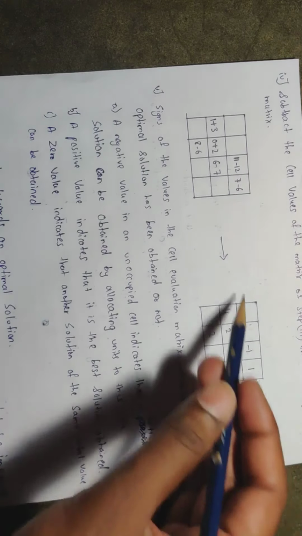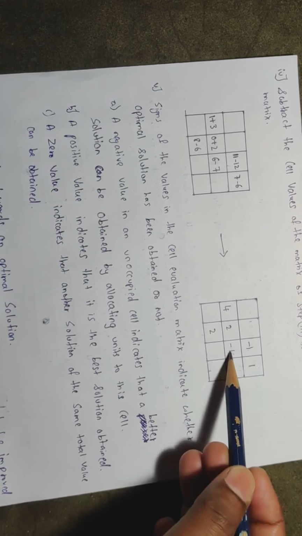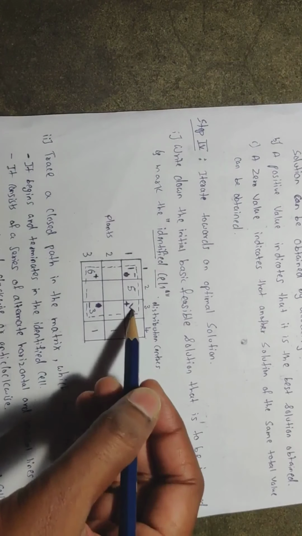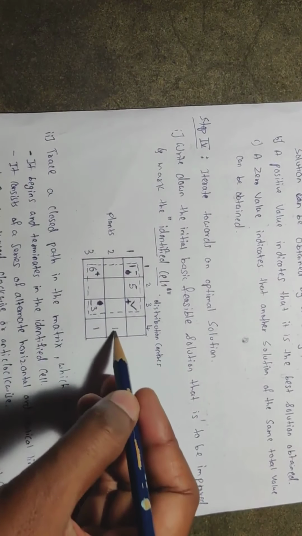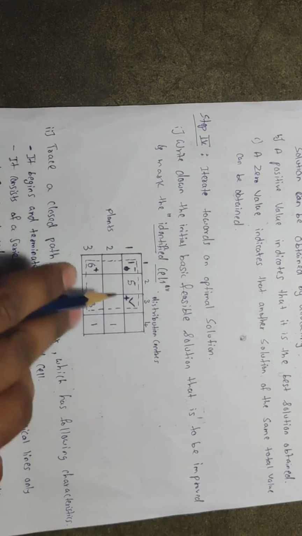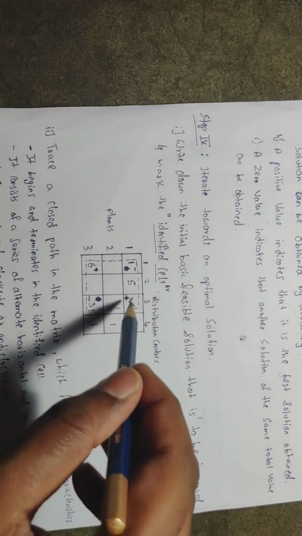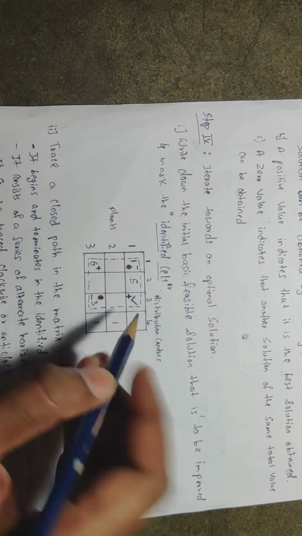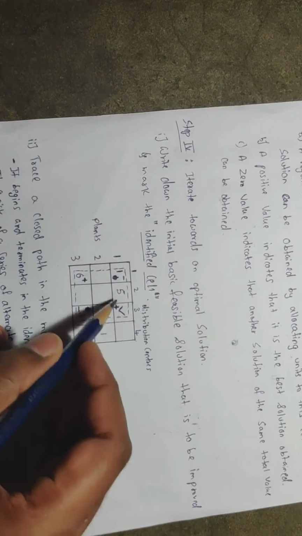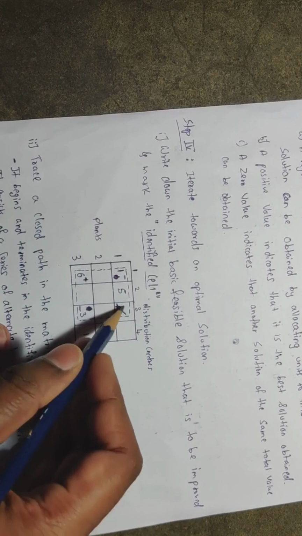You have to select by its row and check which row has the maximum allocations. If you check, the first row has 2 allocations and the second row has only one allocation. Whichever row has the maximum allocations will yield the best result. So I'm going to select that cell as the identified cell. Since I selected that as the identified cell, I have marked it with a sign. You can put a star mark or a cross mark. I put a tick mark here.